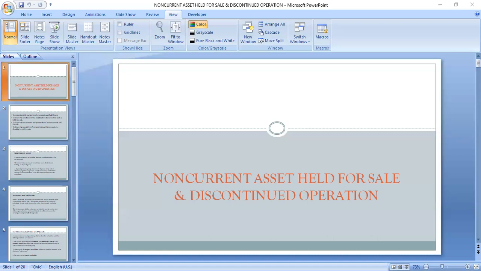Temporarily abandoned: an entity shall not account for a non-current asset that has been temporarily taken out of use as if it had been abandoned. For example, an entity ceases to use a manufacturing plant because demand for its product has declined. However, the plant is maintained in workable condition and it's expected that it will be brought back into use if demand picks up. In this case, the plant is not regarded as